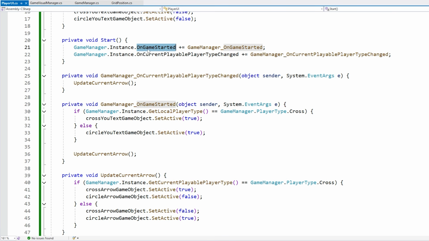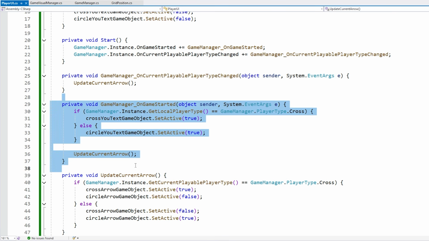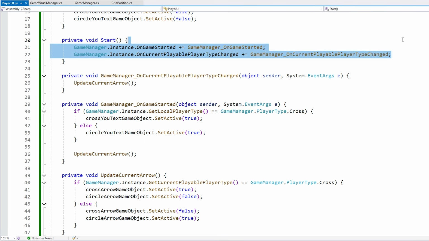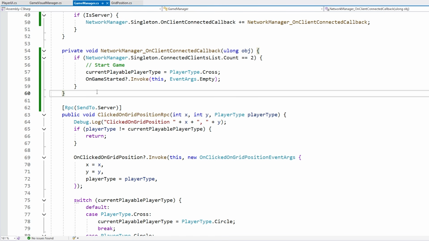Same thing for this one, the OnGameStarting. Right now the client is not listening to this event, so that is why the text does not appear. So we need to make sure both of these events are fired on both the server and the client. The way to solve this is actually quite simple. We can use an RPC, but instead of being just a server RPC, we can use an RPC that goes